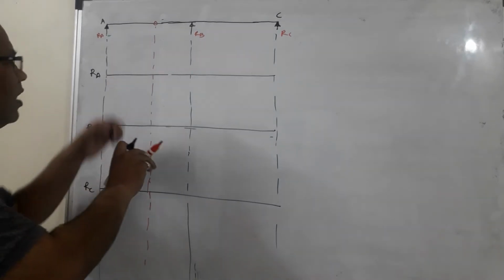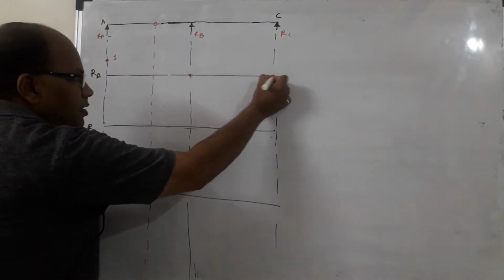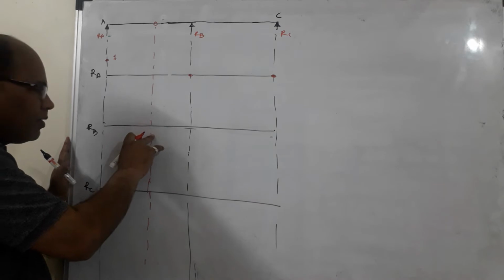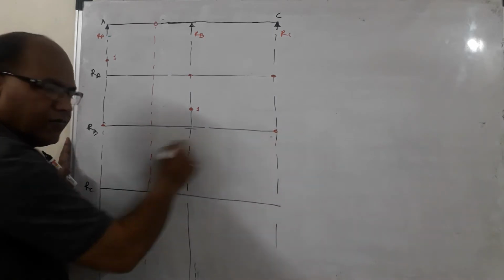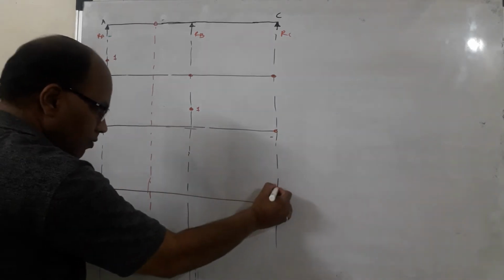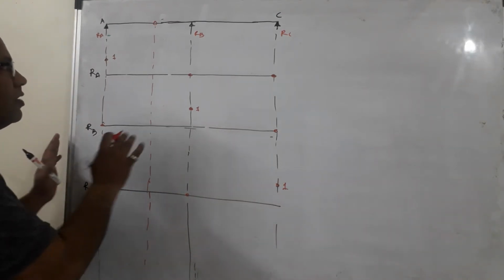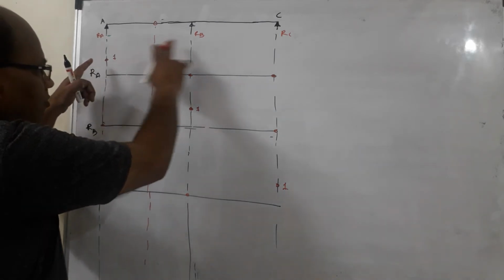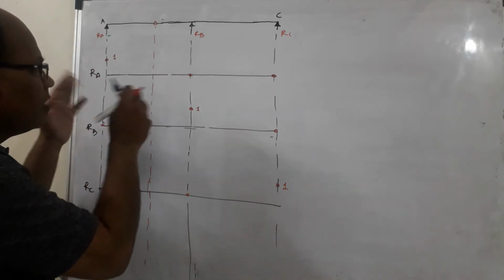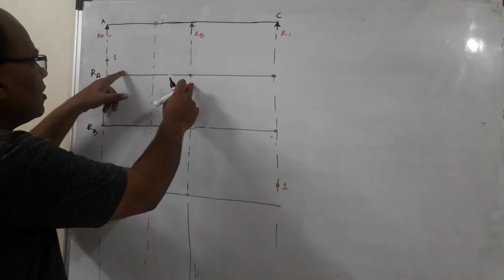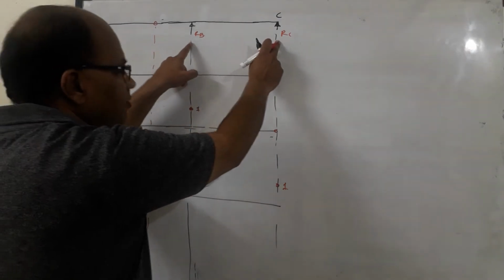Now when you want to draw ILD for RA, mark 1 at A, mark 0 at B, mark 0 at C. If you want to draw ILD for RB, mark 1 at B, mark 0 at A, mark 0 at C. When you want to draw ILD for RC, mark 1 at C, mark 0 at B, mark 0 at A. Then, as I want to draw ILD for RA and I have already obtained the points, I want to join these points, but before joining, refer to the beam. Now here I can see that the hinge is in AB, so I will be going for BC first.